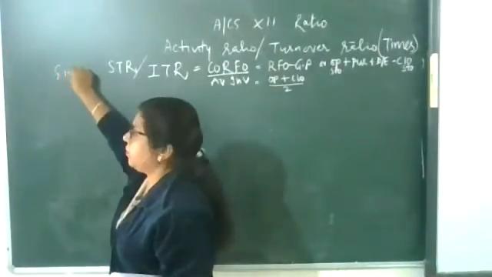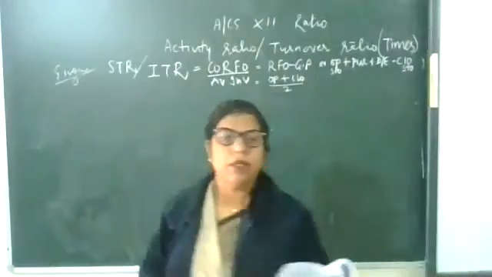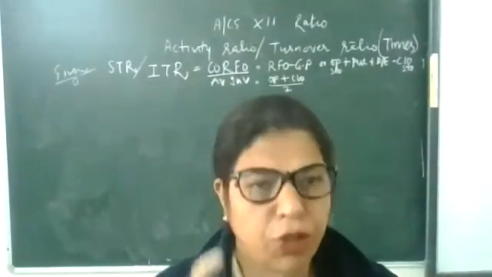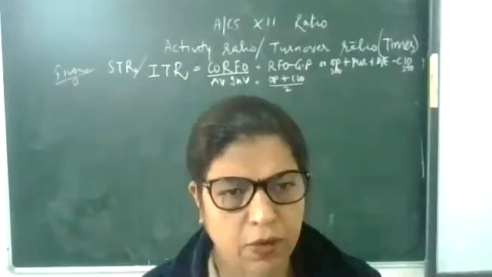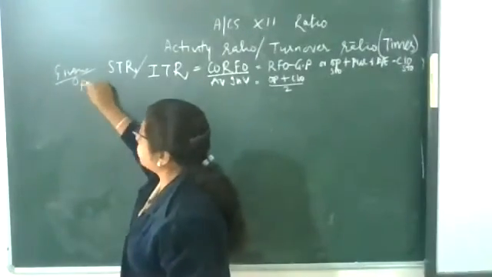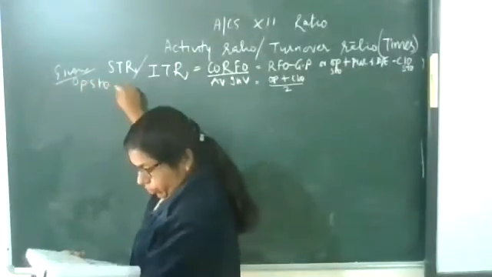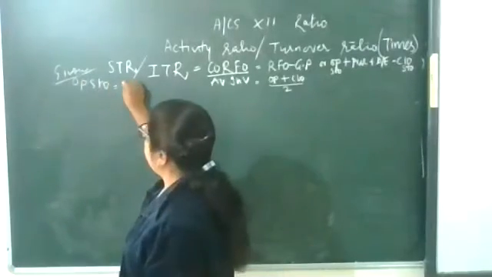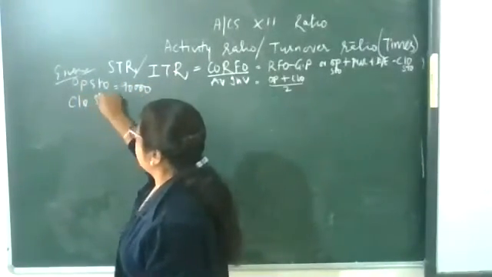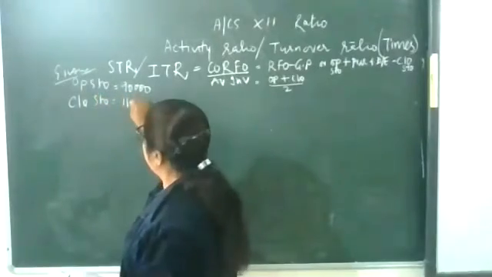As I told you, we have to do these type of questions as maths. What is given, what to calculate. So in this type of question, given is opening stock 90,000, closing stock 1,10,000,